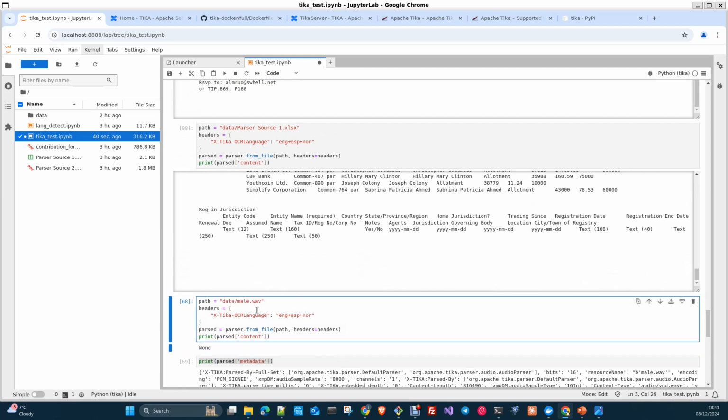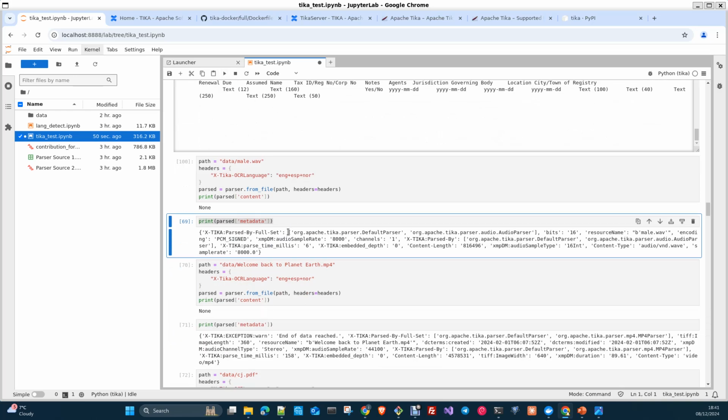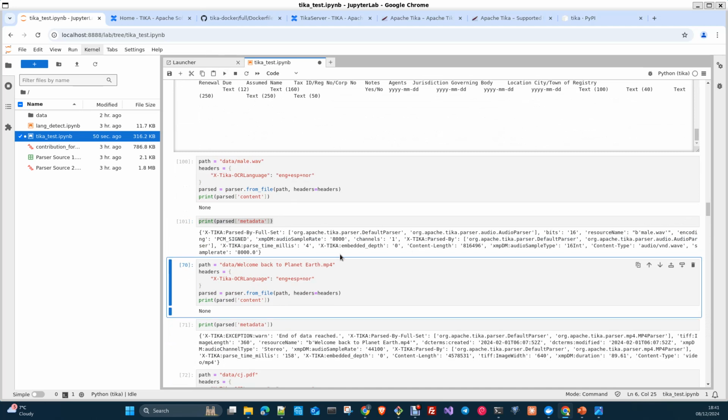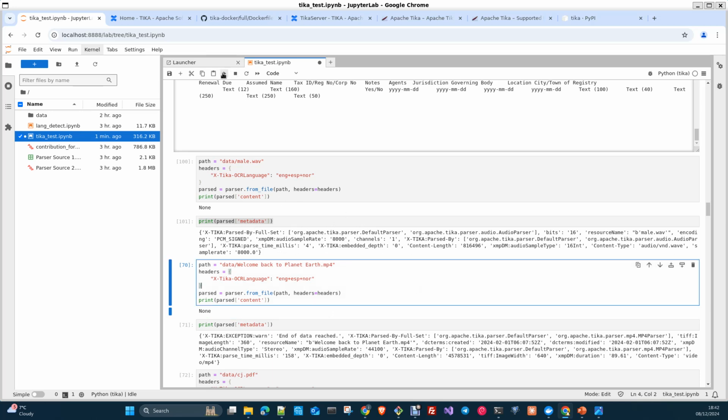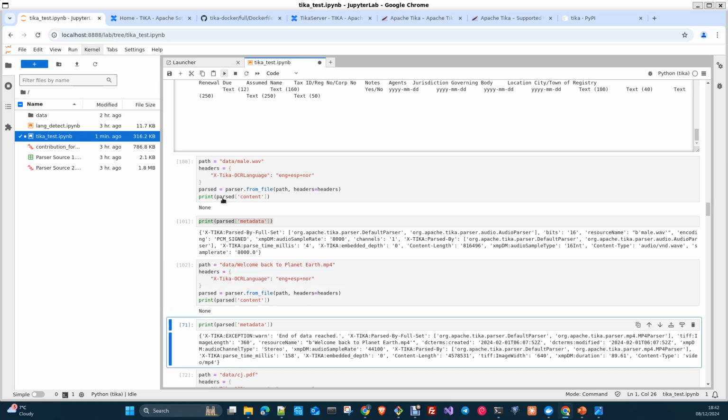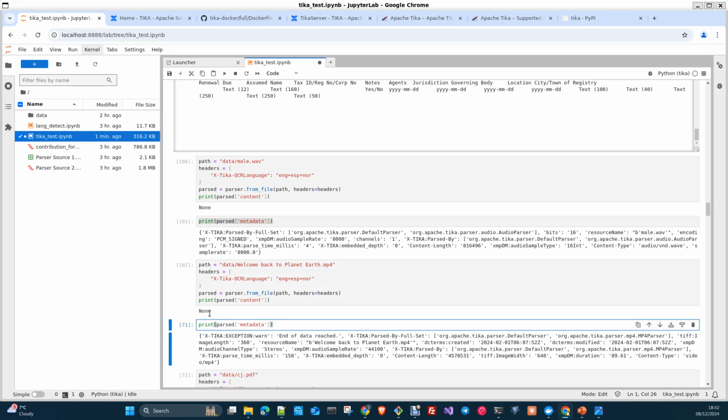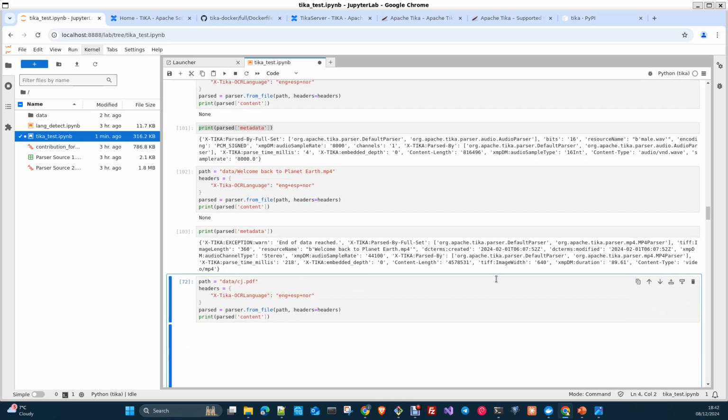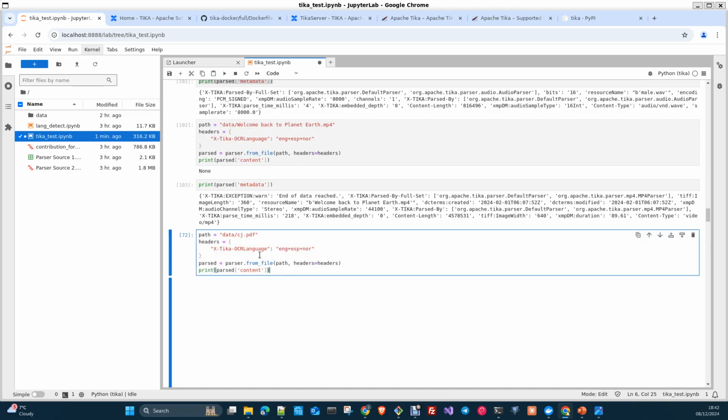Here we pass a WAV. Here we are not going to start tests, but at least we extract the metadata, and now we know that our file is a WAV file, and then we can parse it or extract it with, for example, Whisper or with a multimodal model. Here we use an MP4. Also, we cannot extract text, it's known, but the same. The metadata: here is an MP4, here is a WAV audio file, and here I'm just doing the latest